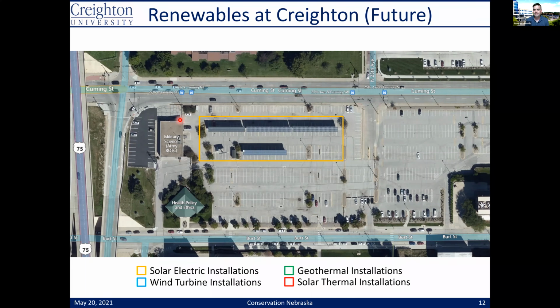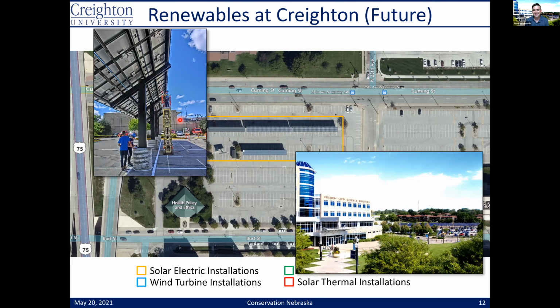I've been here for 10 years at Creighton, and for 10 years, this is what I hear: You guys have a solar array? And the reason I think they say that is because if you're driving along Cummings Street, which is the primary way that you're going to see campus, or from the interstate, and you're never going to see this from the interstate, you don't see a solar array. You see the backside of these panels, right? You see these white looking things that look a lot like a carport or something protecting the vehicles. And if you look at this from the south, kind of the easiest vantage point for students to typically see this array, the array is actually getting kind of difficult to see. So not a lot of people actually get to see our array, sadly.